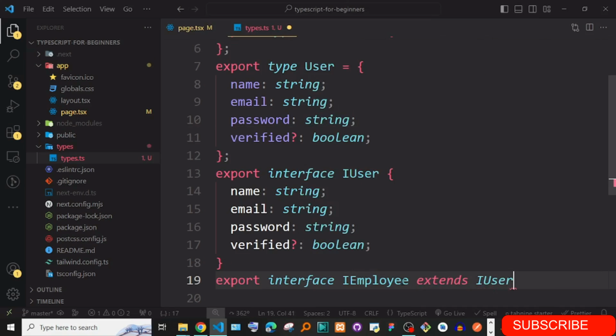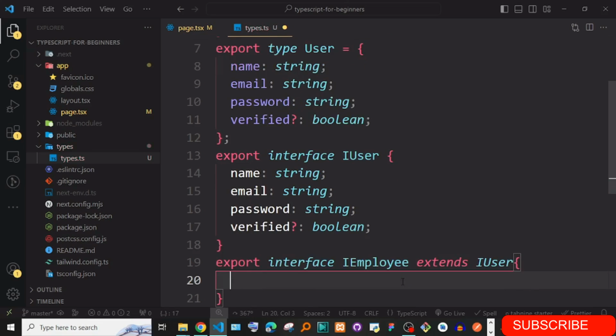Okay, IUser. To give you an example, it's like when you have two objects and you're trying to combine them. When you say interface IEmployee extends IUser, it means you are getting all the keys inside the user and adding them inside the employee.